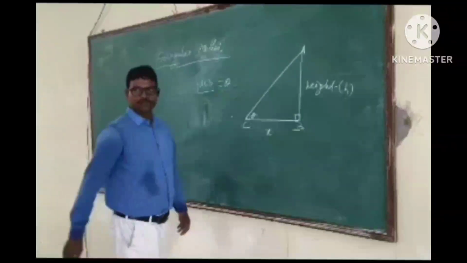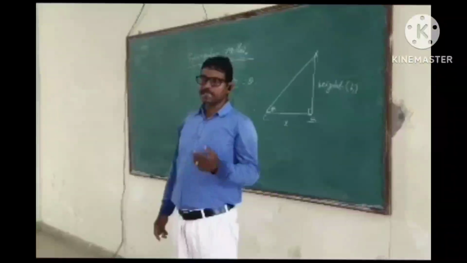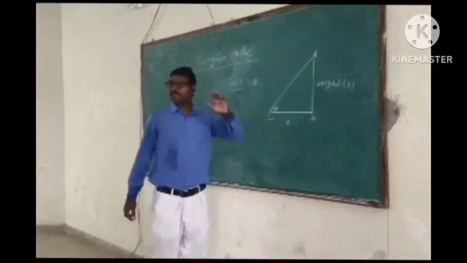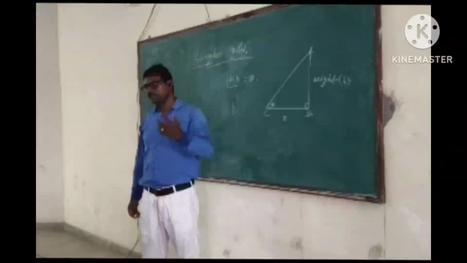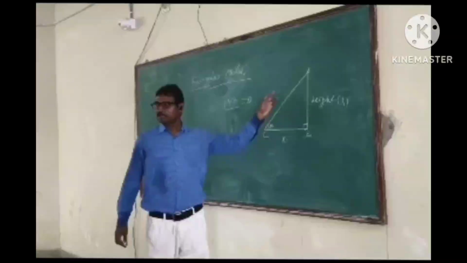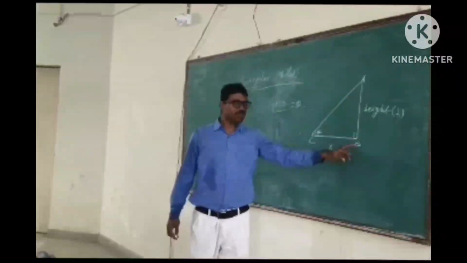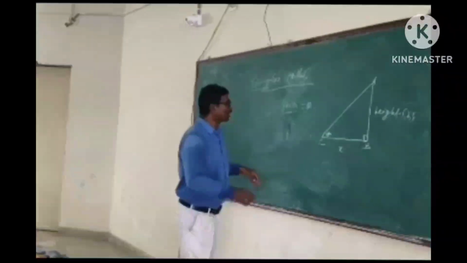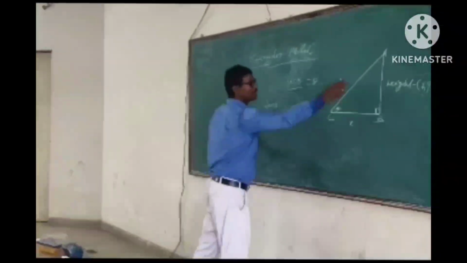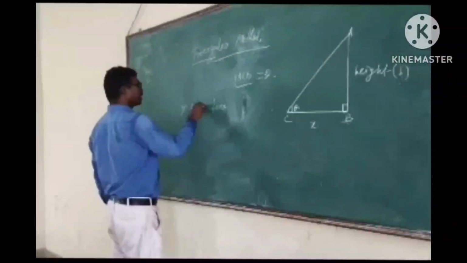You have read in class 10th height and distance, angle of elevation, angle of depression. Suppose you are here, you are looking, the object is there. How can you measure the height of that object from the ground? So according to trigonometry, in triangle ACB, tan